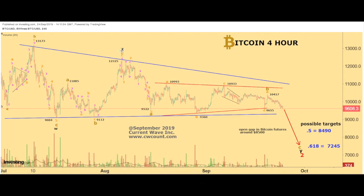As you can see, we had the double zigzag that completed the connector, the wave X. Then ever since here, it's just been a real prolonged event for the past good solid month and a half so far. So from here, you have minor A, and we still think it's a zigzag, but the B is going to be a triangle. So you have this A action, then you have this B minor, and E truncated. On the definition of a triangle in Elliott wave theory, E sometimes overshoots or undershoots, and in this case it undershot at 10,417. So you could put a little contracting triangle here,